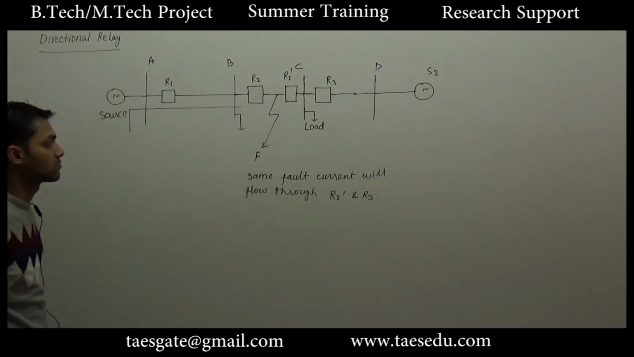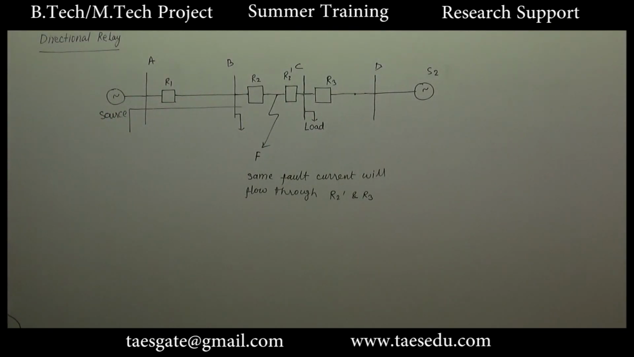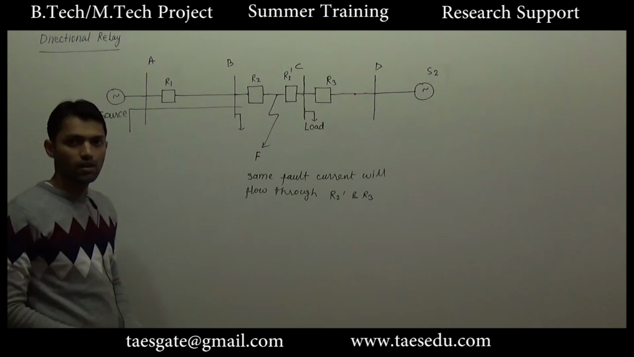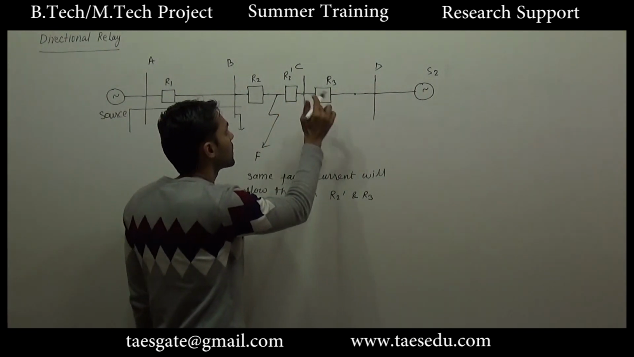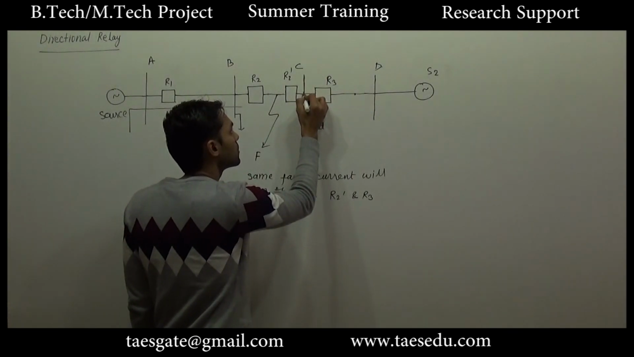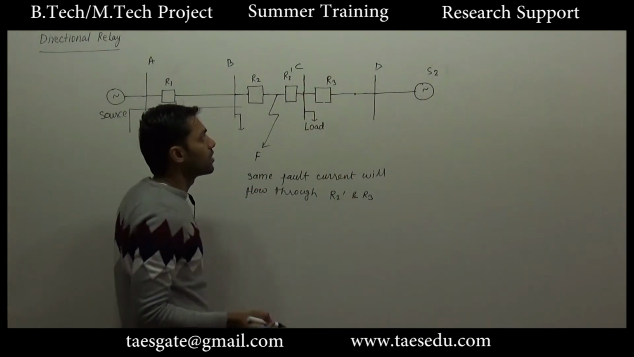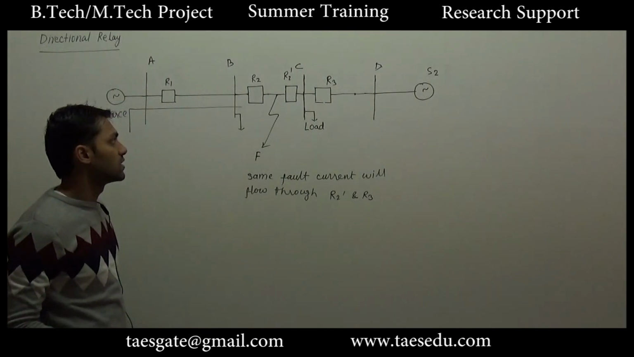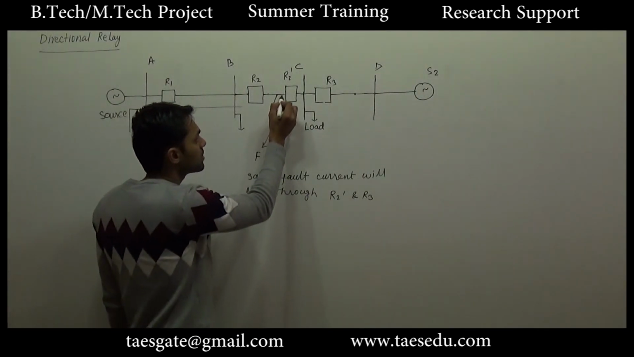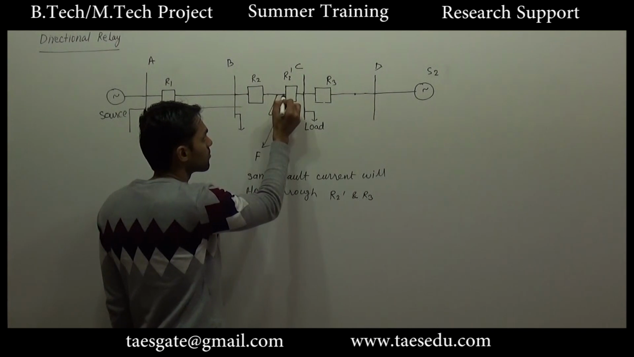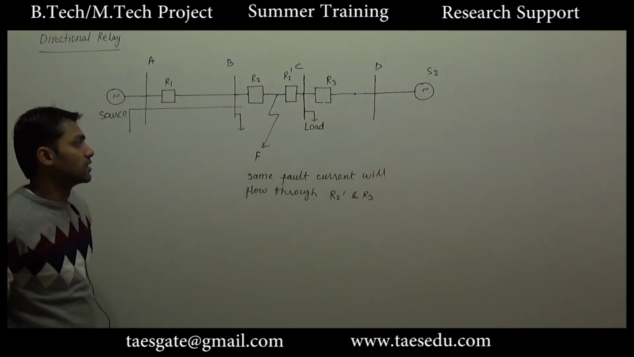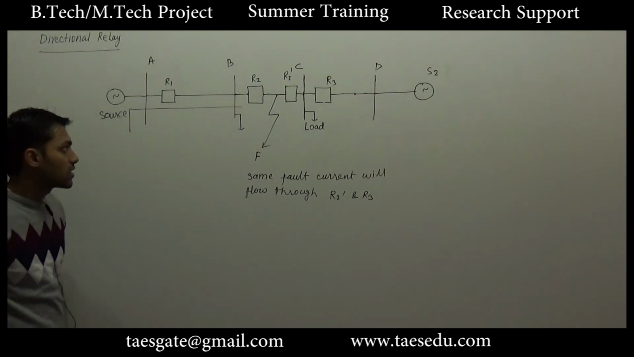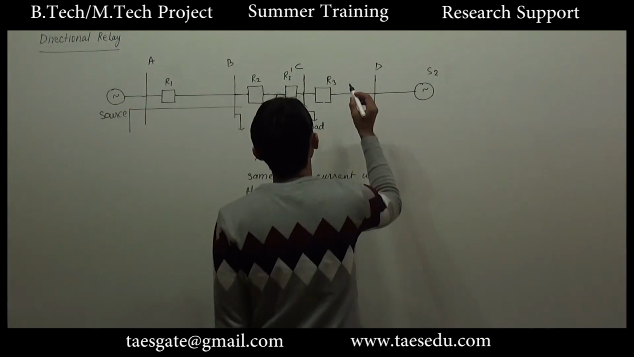Okay, so our problem has still not been solved. Our problem here is that both the relays R2 dash and R3 are connected to the same bus, so the same fault current will flow through both the relays. So there is an equal chance that any one of these relays can operate prior to the other. Now again one possible solution may be,